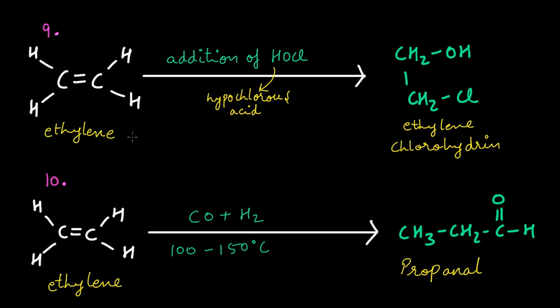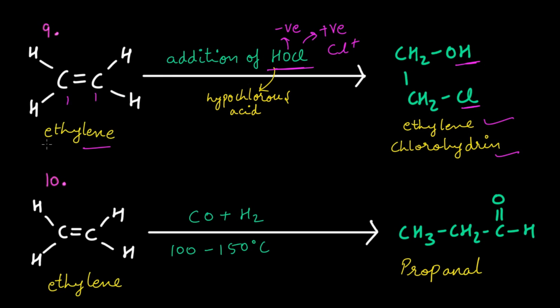Next, the ninth reaction is the reaction of ethylene with HOCl. HOCl is hypochlorous acid. Now the final product is ethylene chlorohydrin. Now how are we getting an OH group on one carbon and a chlorine on the other carbon? If you look closely, in this case, oxygen is in between hydrogen and chlorine. Oxygen is more electronegative, so oxygen will have a negative charge, and chlorine in this case will take a positive charge. So when they dissociate, chlorine will be dissociated as Cl plus ion and OH minus ion will be dissociated on the other side, and these two will occupy the positions on two different carbons.